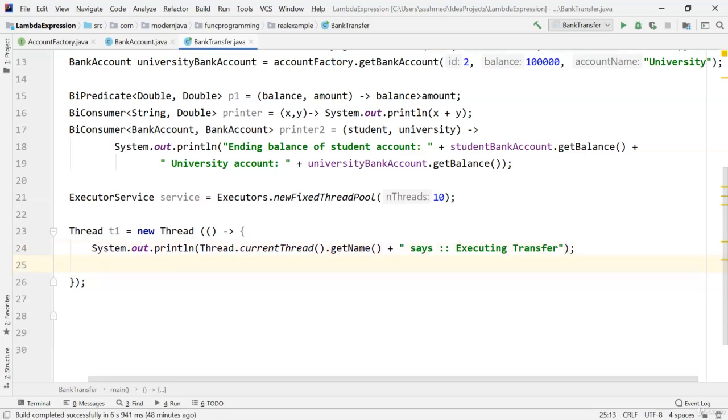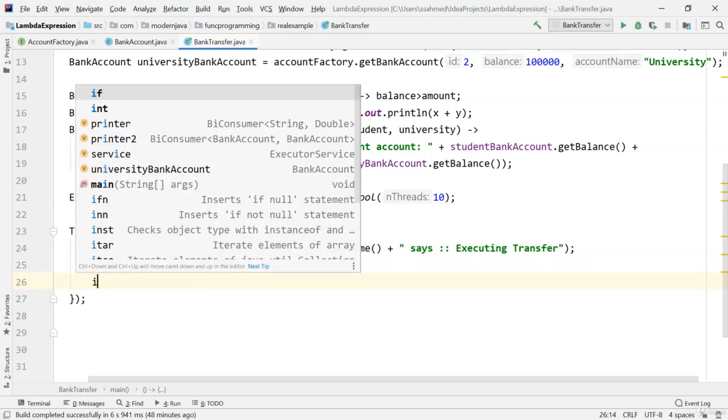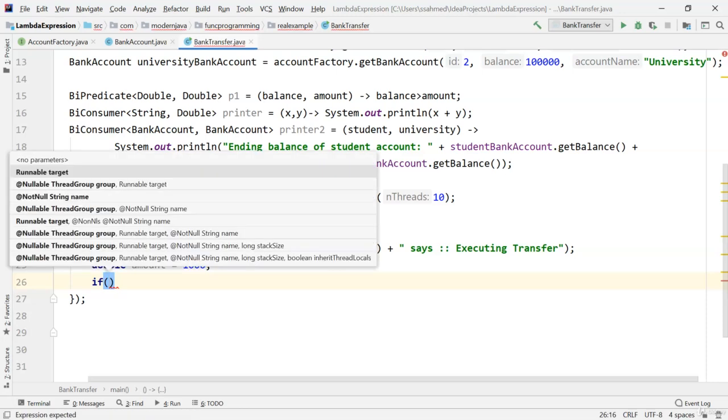Now we will get a double. In this program I am just putting the amount directly inside the thread. We can move this out of this thread and then pass it as a variable to the constructor of this class, but for the time being I'm just using it as a variable here. So in this case now, first what we'll do is that we will check